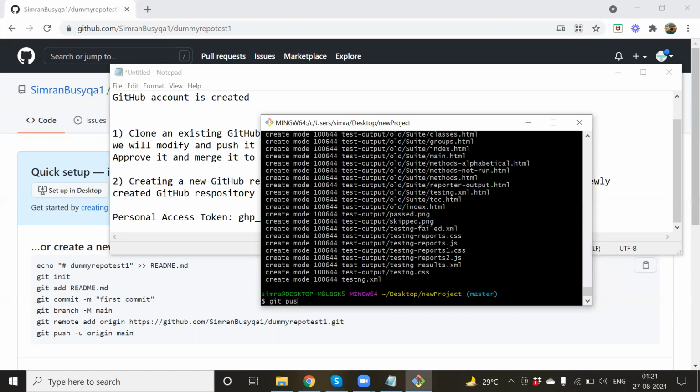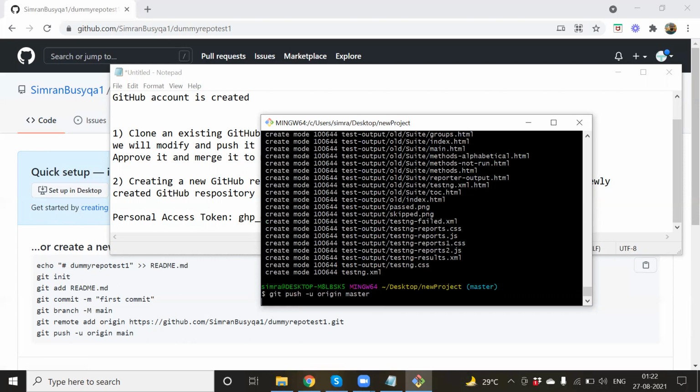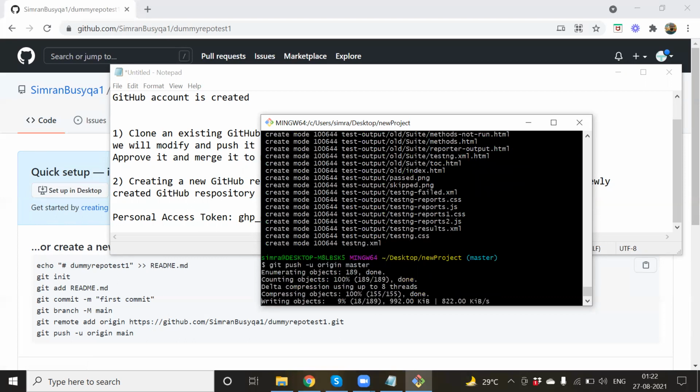And the last thing is I want to push it. Right now I'm pushing it to master, because master has not been created yet. So it is better to create the master first, and only then should we be able to create the branches from there, guys. Okay, git push -u origin master. Now it should not be prompting us actually.